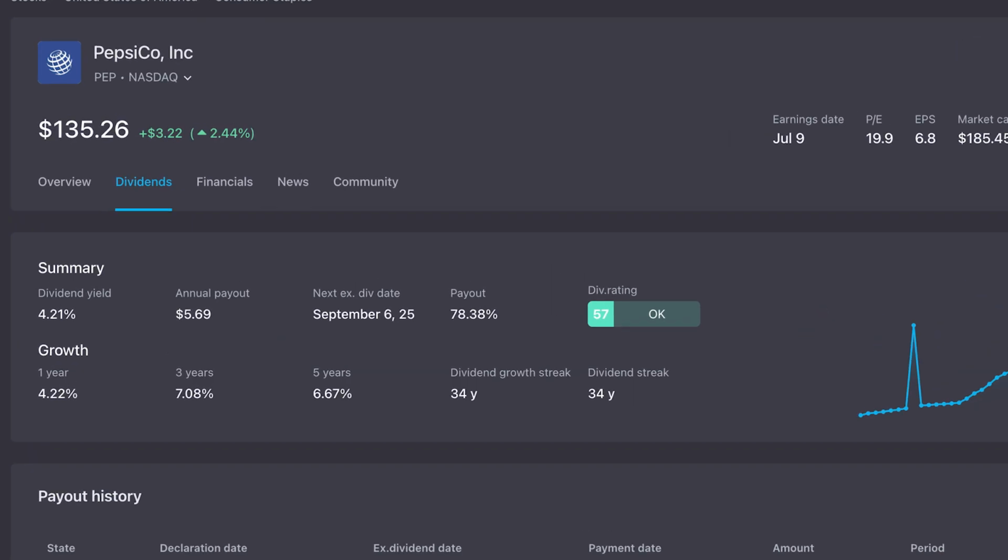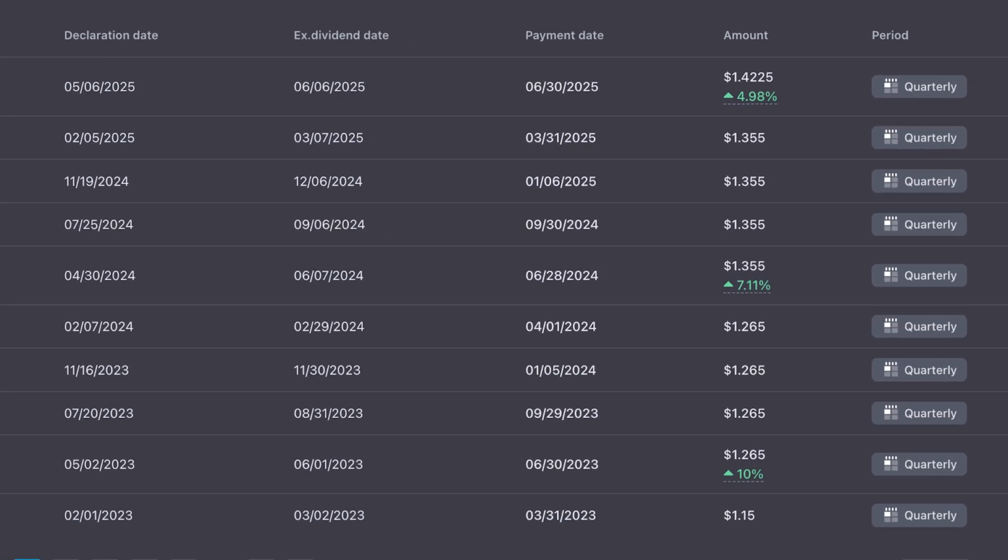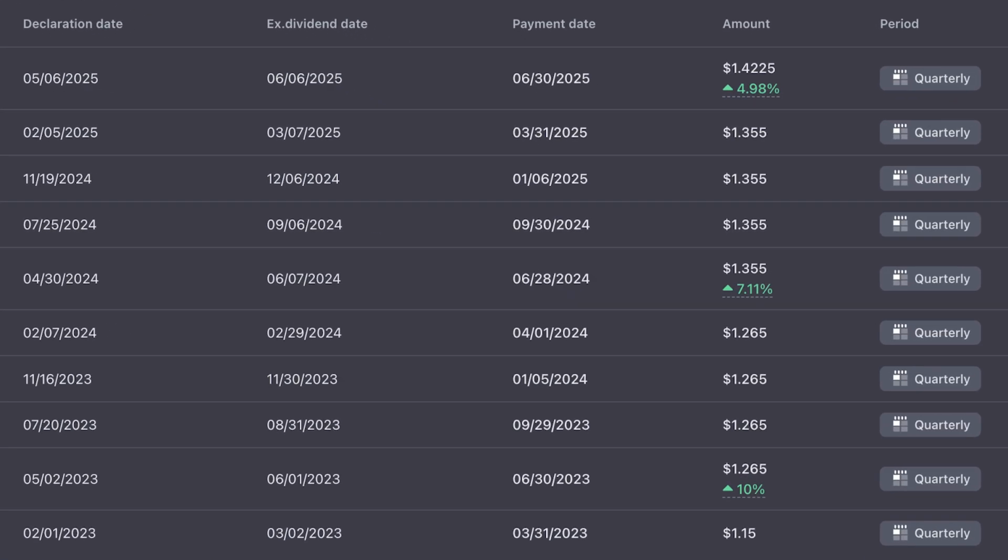Pepsi currently has a 4.21% dividend yield. They also have a great dividend growth streak of 34 years, and they've been consistently paying that dividend for about 34 years as well. You can expect to collect your dividend payments from Pepsi in the months of March, June,